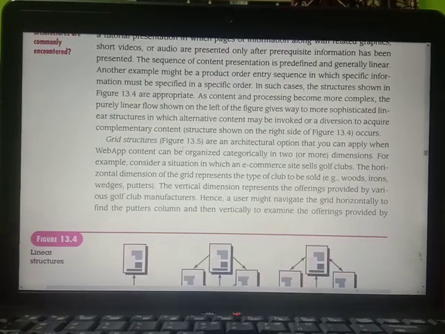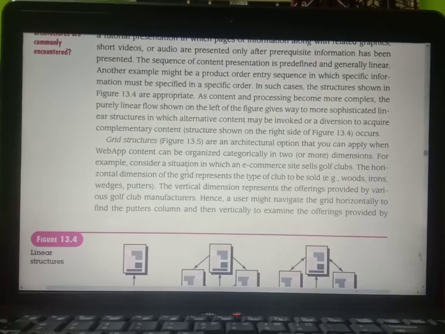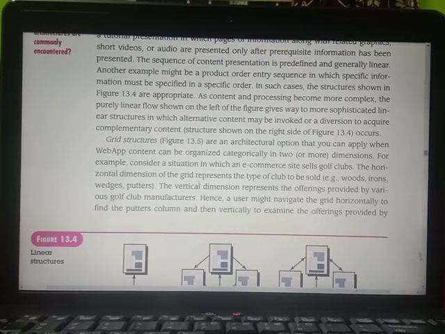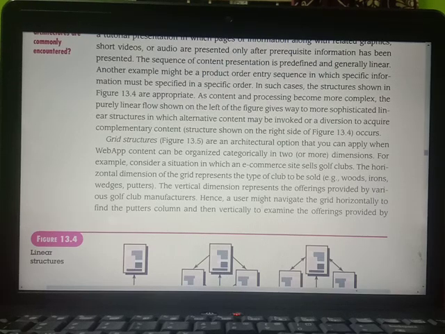Next one is grid structures. So these are all other architecture options that you can apply. Web content can be organized categorically in 2 or more dimensions. For example, consider the e-commerce site selling golf clubs. The horizontal dimension of the grid represents the type of club to be sold, that is woods, irons, wedges and putters.